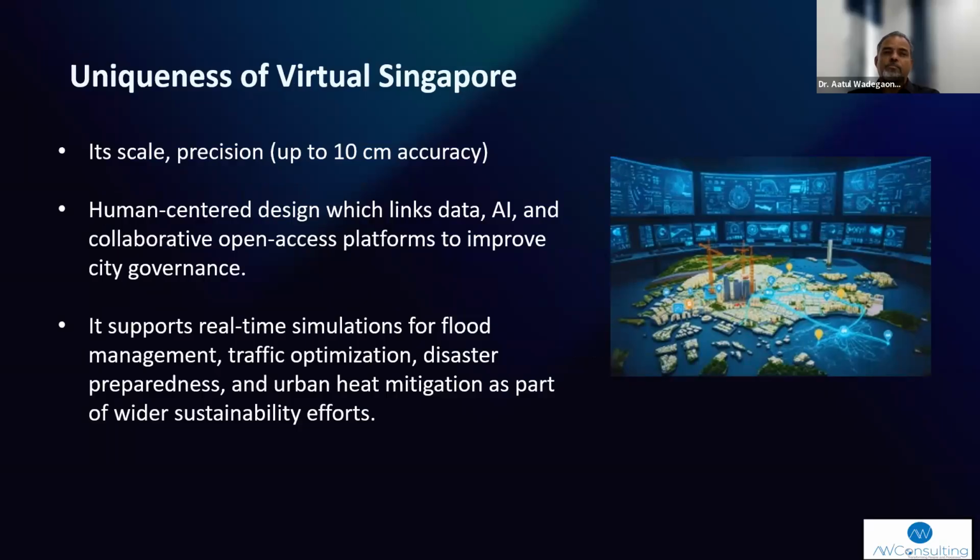See the level of accuracy. Uniqueness is that 10 centimeter तक की accuracy ये पूरे virtual infrastructure में they have created. And the beauty or uniqueness is human-centered design. All these are designed to improve the human experience. The way I said that in Pune, it was designed to improve the human experience of Ganesh festival. Similarly, this entire virtual city, a digital replica or digital twin of the city, is created with human-centered design